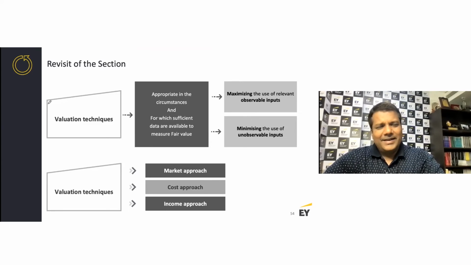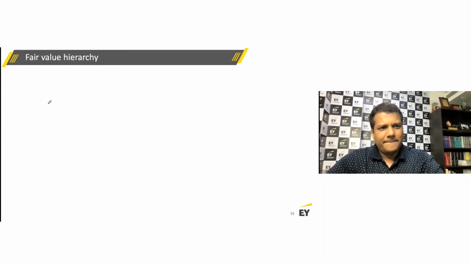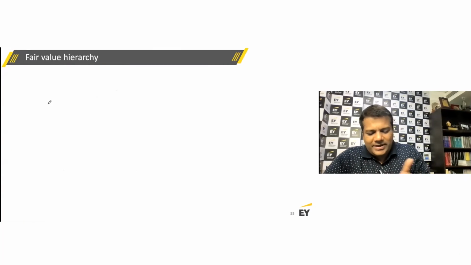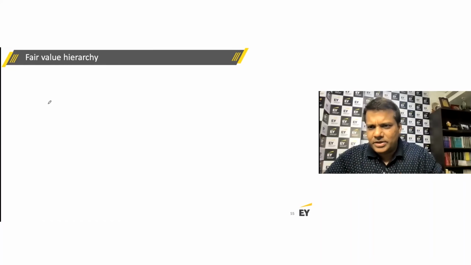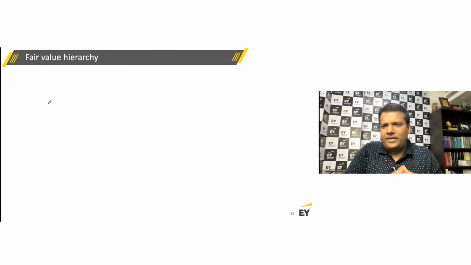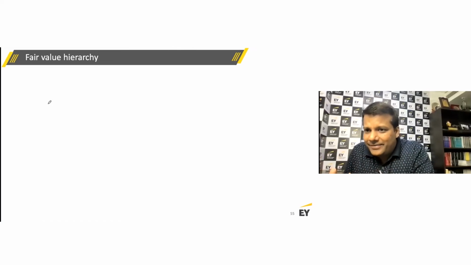All right. So now we are going to talk about fair value hierarchy. Okay, fair value hierarchy. So what's the fair value hierarchy? Fair value hierarchy is in a way trying to place reliance on the quality of fair value assumptions being used, or the quality of fair value from a measurement perspective, so that you can provide information to the reader that even though you applied fair value, the level of evidence, the quality of that is level 1, level 2, or level 3.